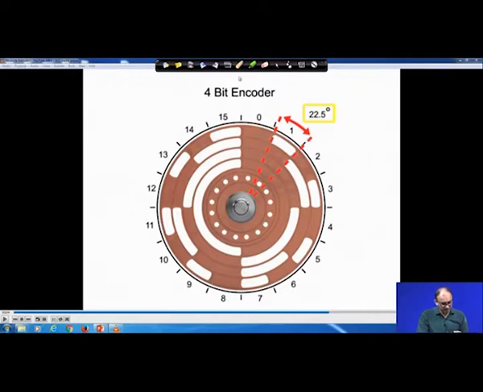If it is moving to this location, now see this becomes opaque and this becomes transparent, and if you continue, the third position is changing. If you continue, these two become opaque and this is transparent, that is the second track starting from the center. So, after every 22.5 degree rotation, you will get one unique signal, and that is where you can get the power output.